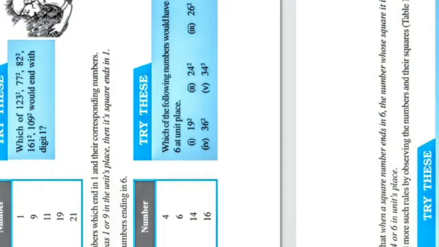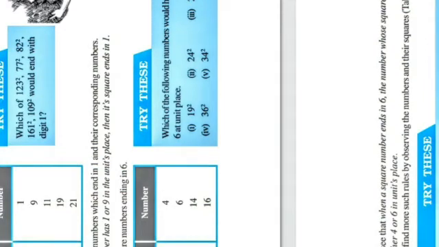So 9 will be at the ones digit. 6 means 6 6s are 36, so 6 will be at the units place. And this one, 5 2 6 9 8, 8 squared is 64, so 4 will be at the units place. Now this one, 0. So 0 0 is 0, so 0 will be at the units place.